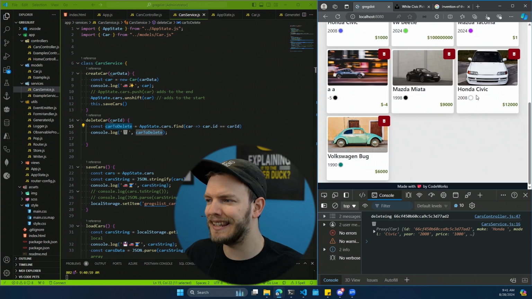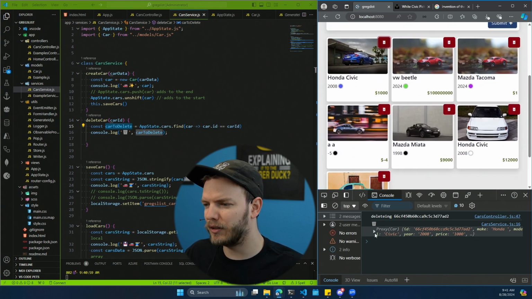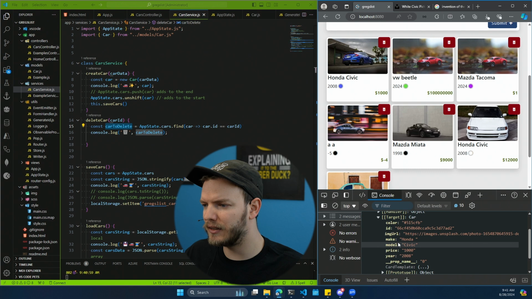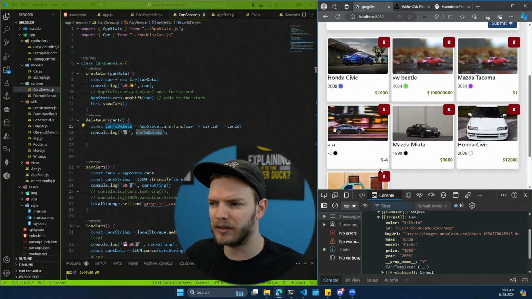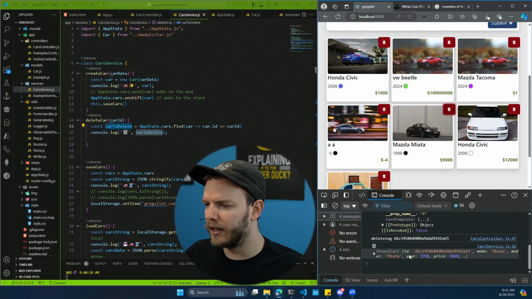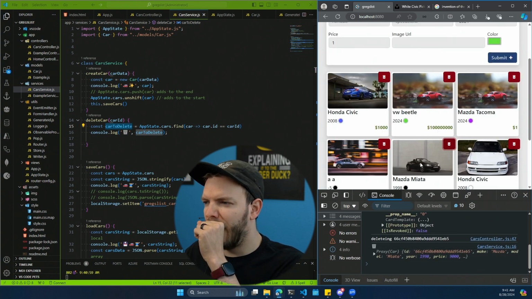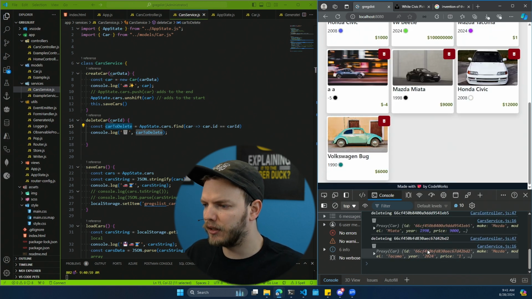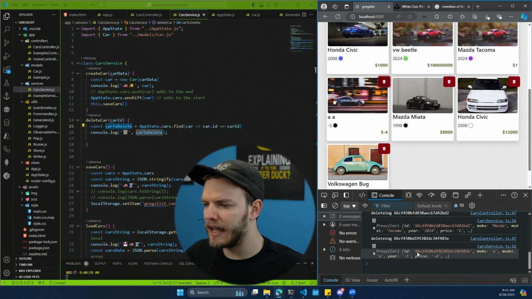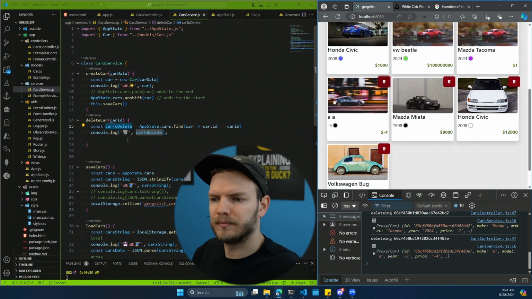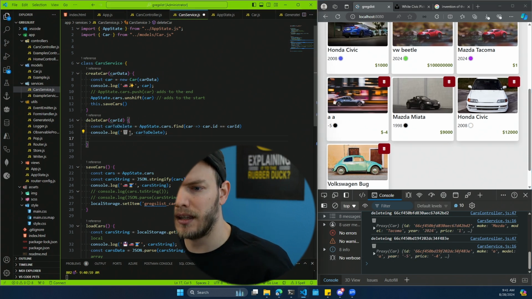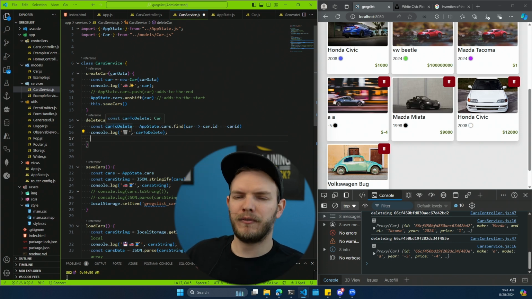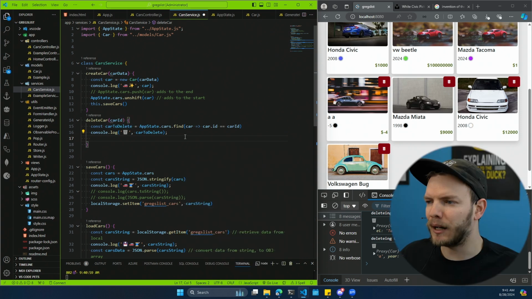Very important that it is not this Honda Civic, right? So we should be able to see that inside is this blue car, price $1,000. This one's like $12,000. If I click on that, I get the Mazda Miata, Mazda Tacoma, the AA-5, things along those lines. It's cool. Okay, so I'm finding the correct car, but how do I actually get it out of